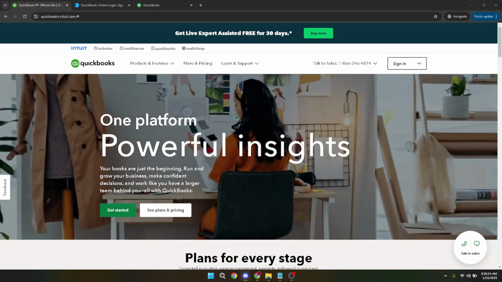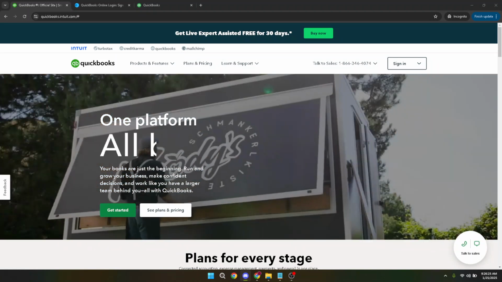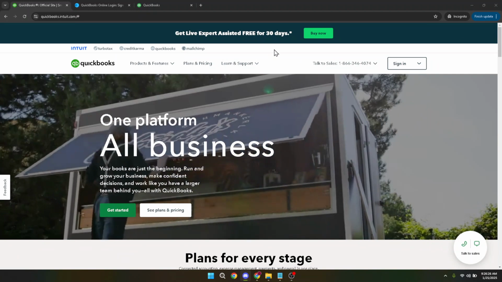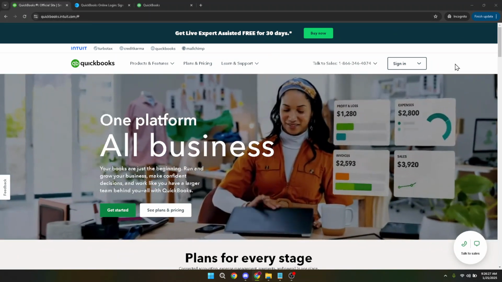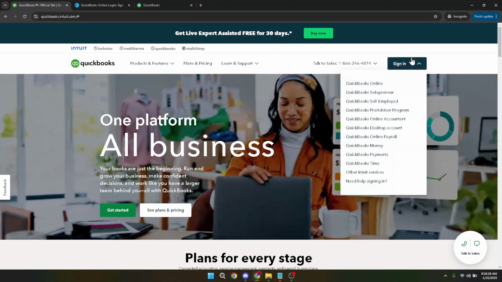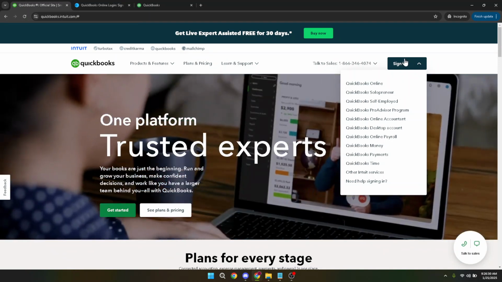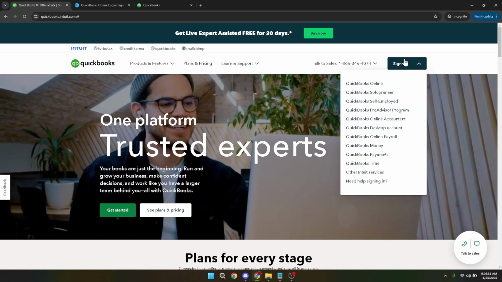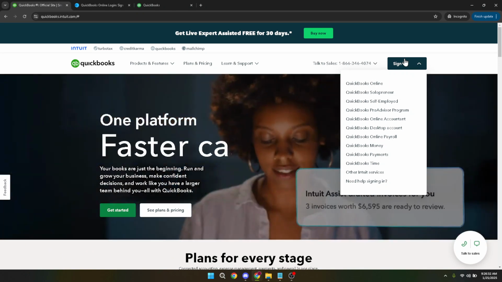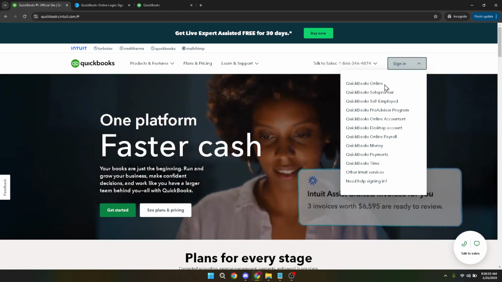First, when you're at the QuickBooks homepage, your journey begins by clicking on the Sign In button. You'll usually find this prominently displayed at the top right corner of the web page. This button is your gateway to accessing the entire range of QuickBooks services, so it's an important first step. Clicking Sign In will lead you to the login options, setting you up to choose which QuickBooks product you need